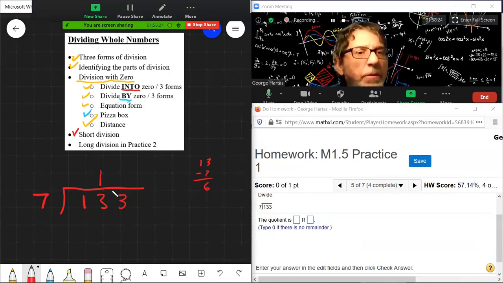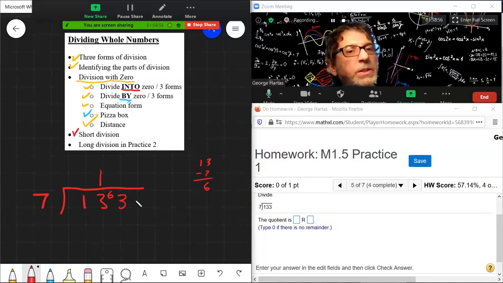You're going to put that right here. 6 remains. This is how much remains. The difference between 13 and 7 is 6. This is short division. So now what we do is we'll look at these 2 numbers, the 6 and 3. So really that's a 63. You have to view this as a 63 and ask yourself,